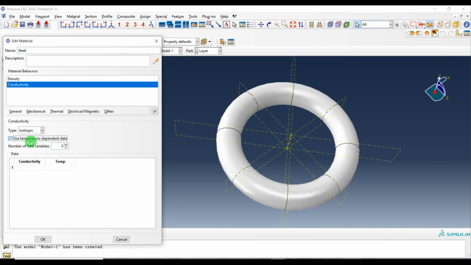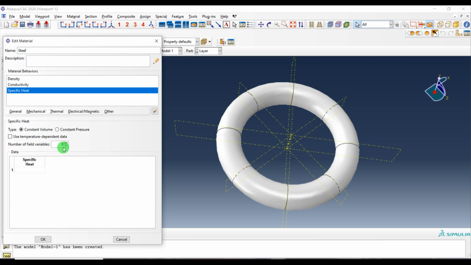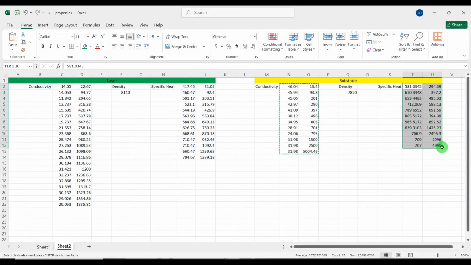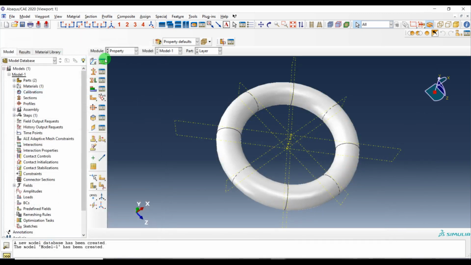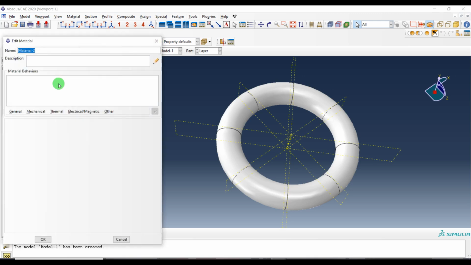Note that you should check this option to have a temperature column here and then paste it, and for specific heat as well we need to define temperature and paste it here. Okay, then we have the layer, and we have to do the same procedure and same method for